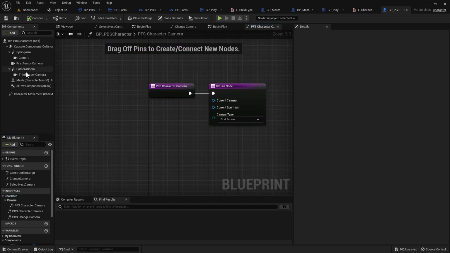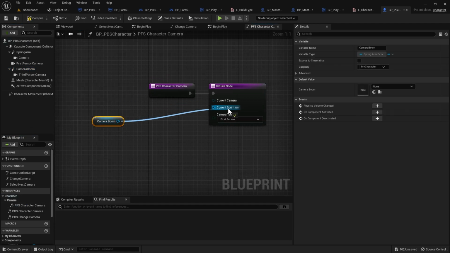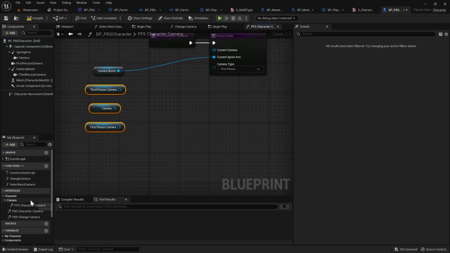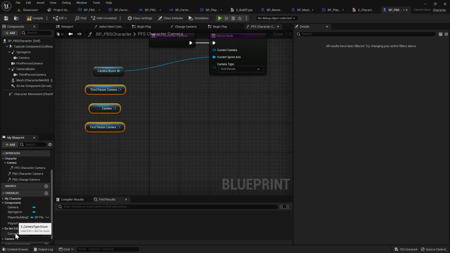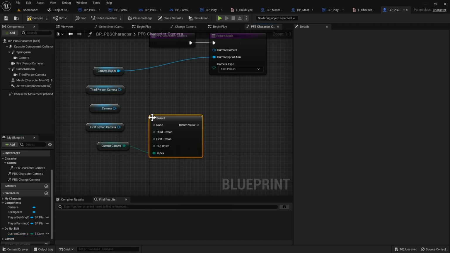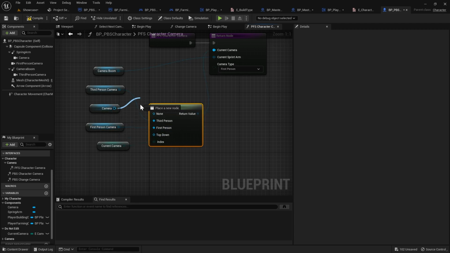Next, we're going to go to interfaces, then character, then camera, then PFS character camera. Open that up. We're going to grab the camera boom, plug that into current spring arm. Then we're going to grab the first person camera, and the third person camera, and just put these over here. Then we're going to go to variables, do not edit, and grab the current camera, just drop that in. Drag out from that and do a select node. Then we're going to plug the return value into current camera. We're going to plug the third person into third person, the first person into first person, and camera into top